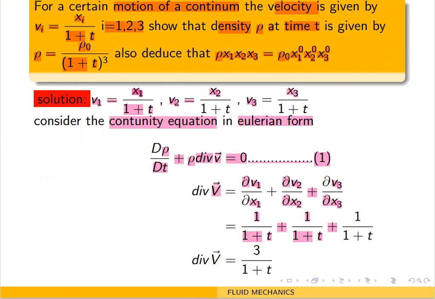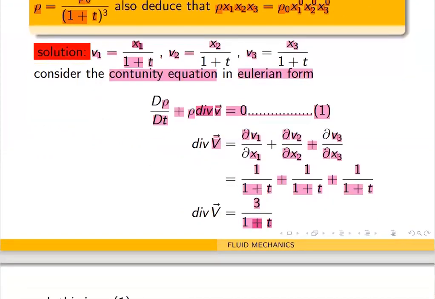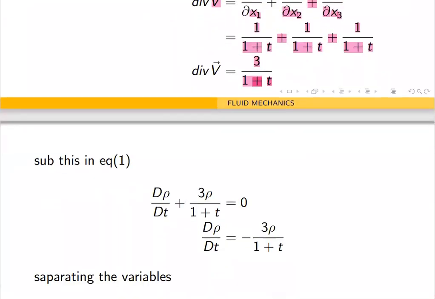Plus differentiate v3 with respect to x3. So that is 1 by 1 plus t. So it is nothing but 3 by 1 plus t. So divergence v is 3 by 1 plus t. So in equation 1, in the place of divergence v, we are going to put 3 by 1 plus t. In the place of divergence we have put 3 by 1 plus t